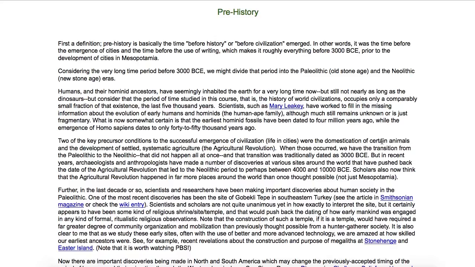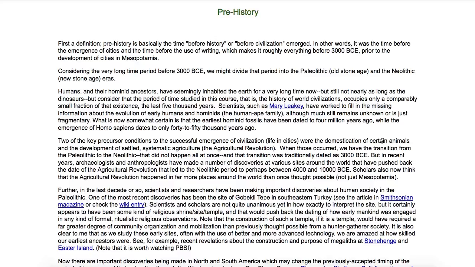Now, one of the things that you should always remember is when we engage in the study of prehistory, it's really hard to be absolutely 100% certain about any of the statements or assertions that we make, since the written record isn't there. We're drawing on really sketchy, minimal resources to try and figure out the nature of the societies that existed at that time.